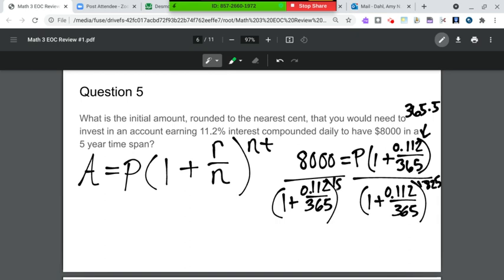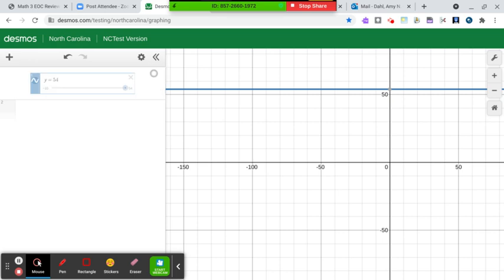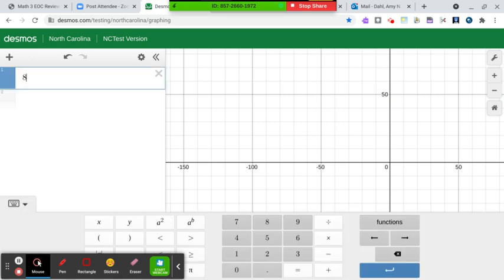It's just simple division. Now let me show you what that looks like in Desmos, and I'm going to show you one additional way using Desmos. So I go to Desmos and I just simply type in 8,000 divided by 1 plus 0.112